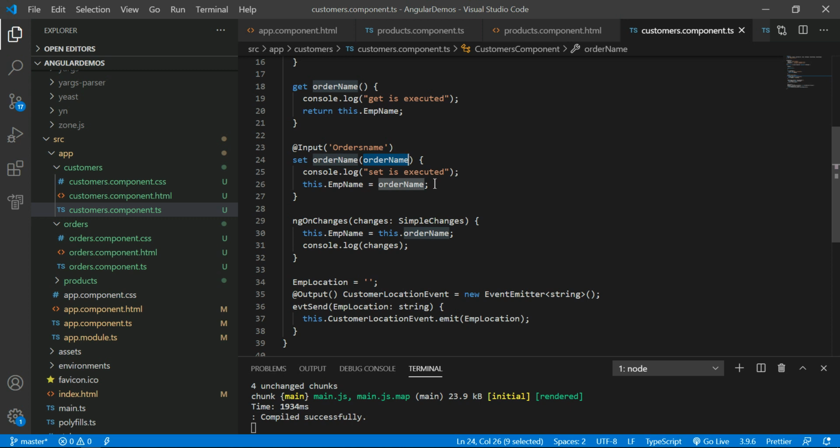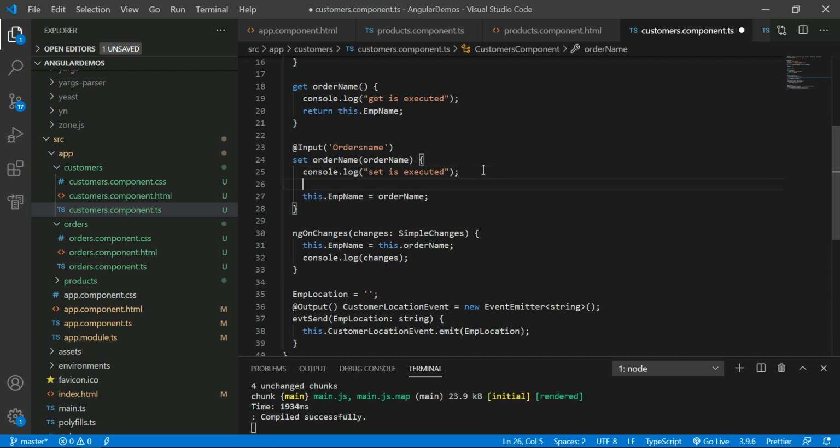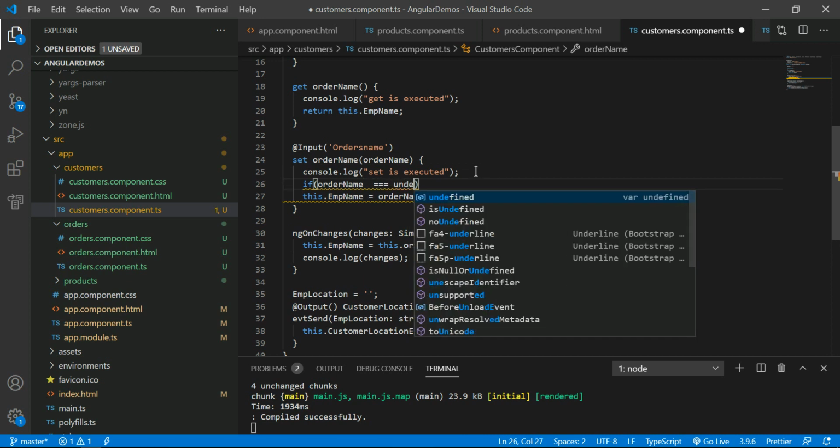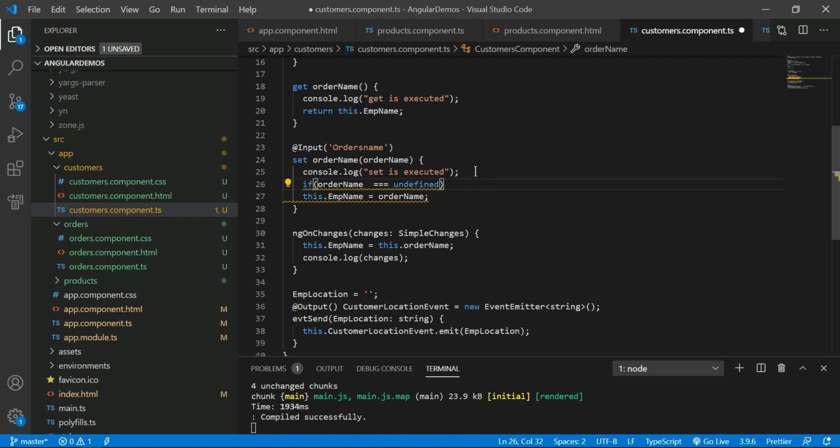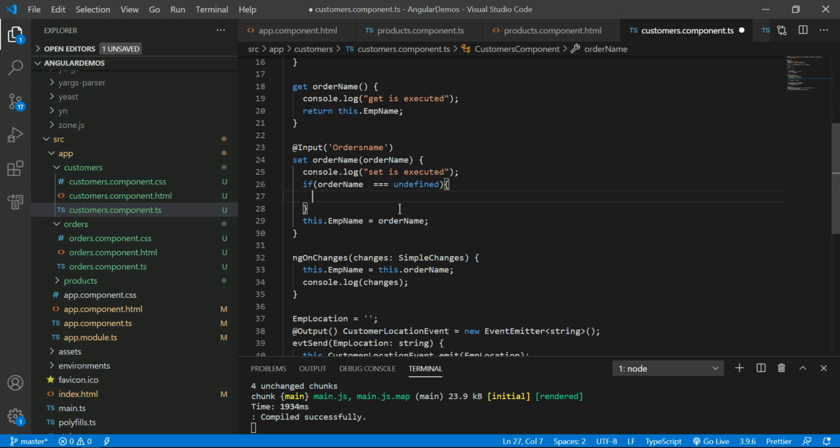If you wanted to make some customization message to your customer component, then you have to use the get and set properties. Like here, in case of order name, right now I am having John, but in case you are getting any kind of undefined value or null value sometime, then let's say we can show no name is defined.